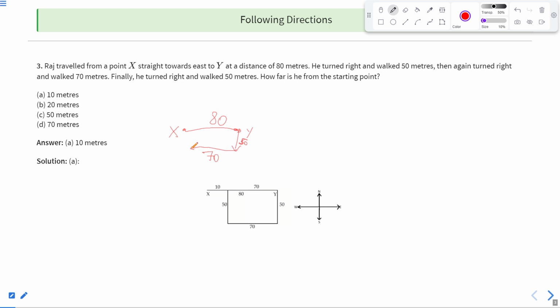Finally he turns right, अब यहाँ से राइट, ठीक है, ऊपर 50 meters. How far is he from the starting point? अब he's gone down 50 meters and he's gone up 50 meters. नॉर्थ 50 meters, साउथ 50 meters. तो ये दो इच अदर को कैंसिल कर देंगे, ठीक है।